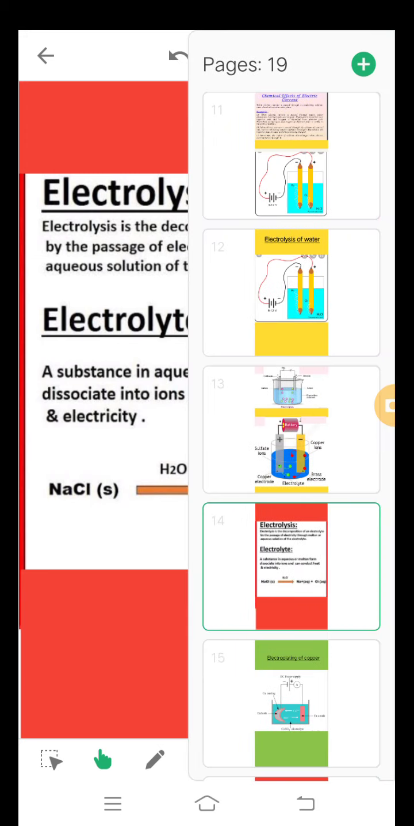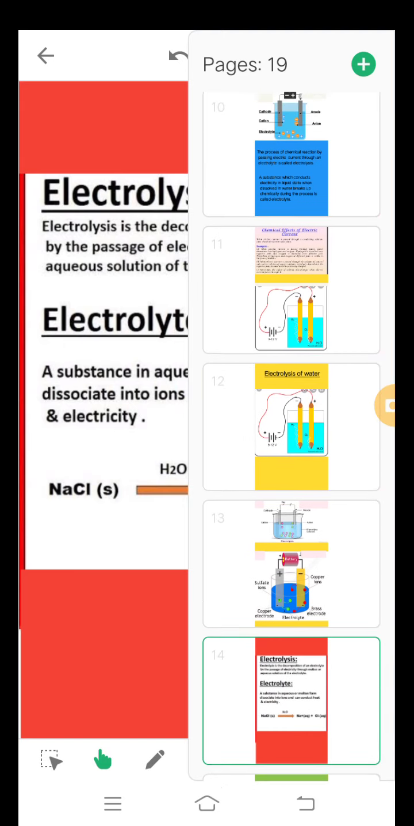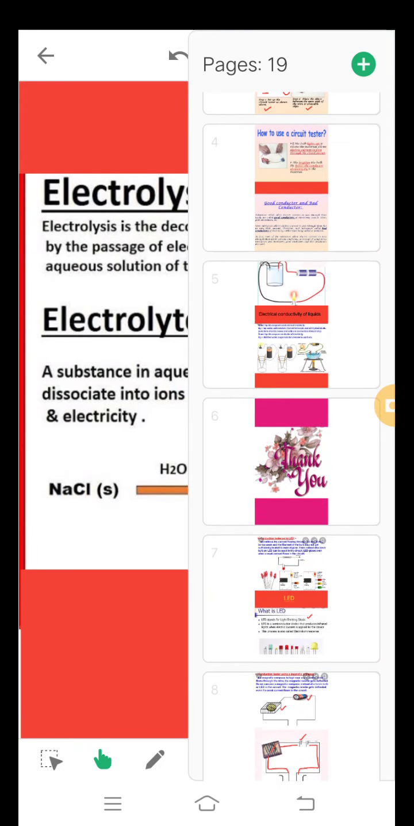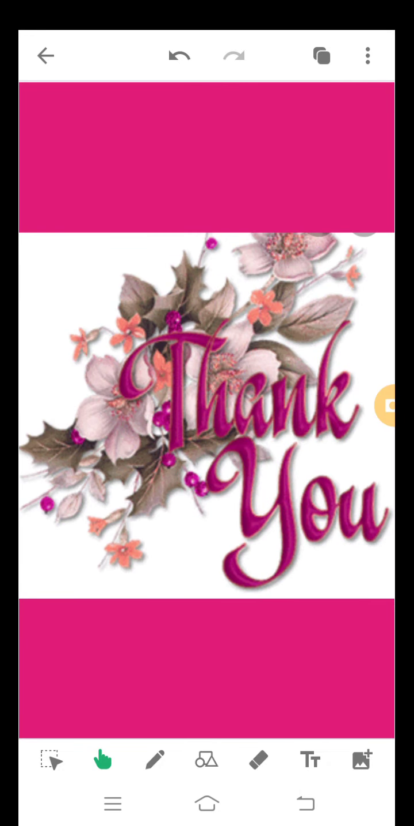Okay children, so this is all for today. We'll stop here. Read the textbook and just try to understand the process of electrolysis and try to understand what is the meaning of the term